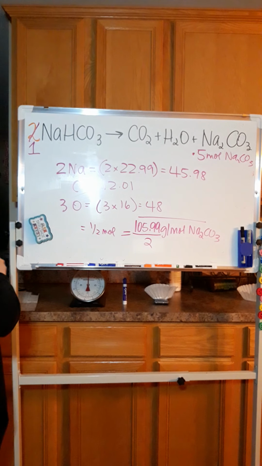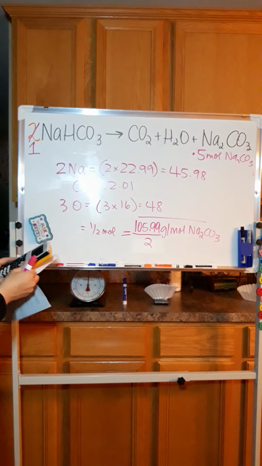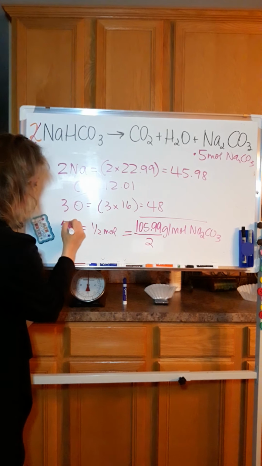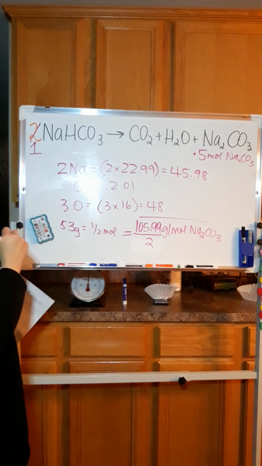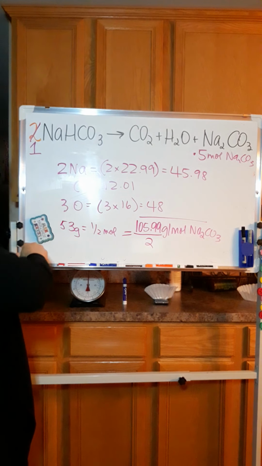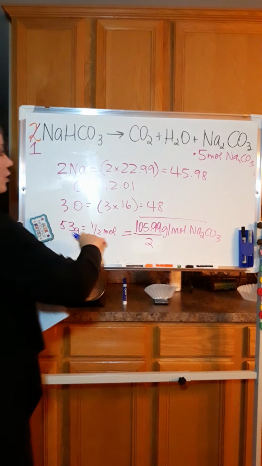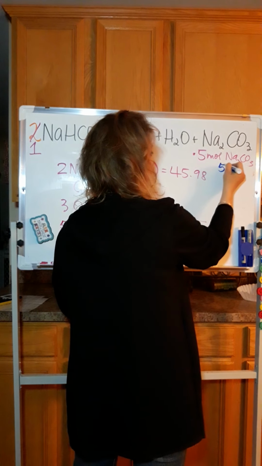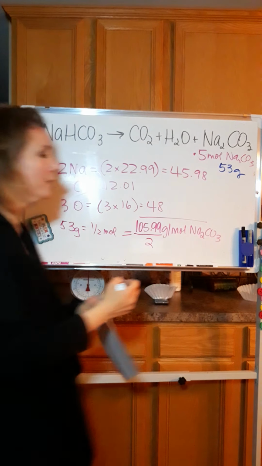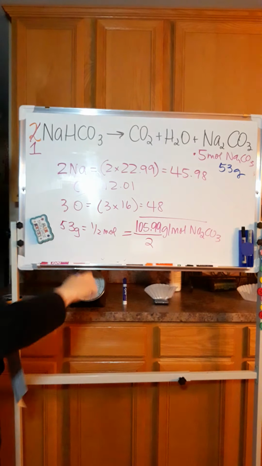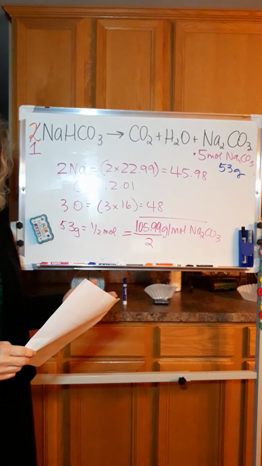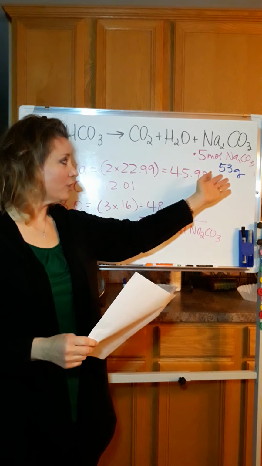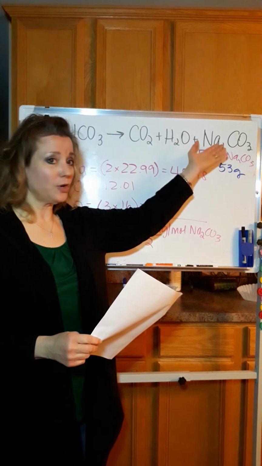And 105.99 divided by 2 gives me 53 grams. So I could expect to create, after I run this reaction through, 53 grams of sodium carbonate. All right, so that's what I'm going to do. I'm going to run this reaction, and we're going to see if we can create 53 grams of sodium carbonate